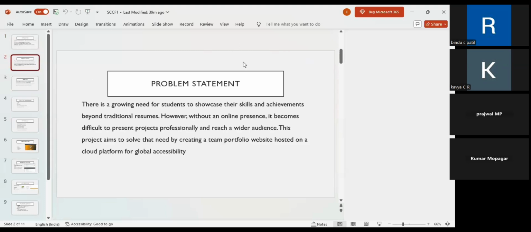Problem statement. In the problem statement, many students face a problem: they need a moderate way to show their skills, not just a resume. Without an online portfolio, it is hard to present projects properly. This project solves this by creating a team portfolio website hosted on the cloud, so everyone around the world can access it easily. In the next slide,